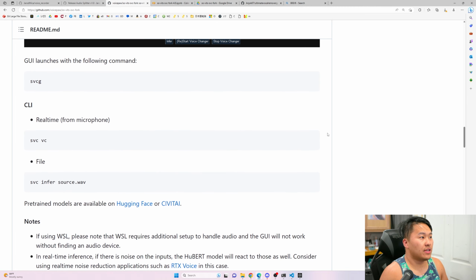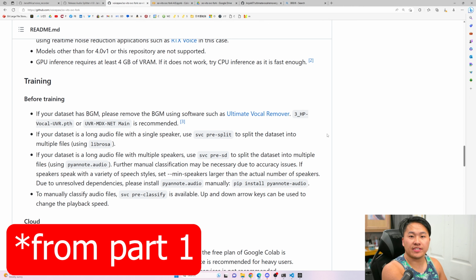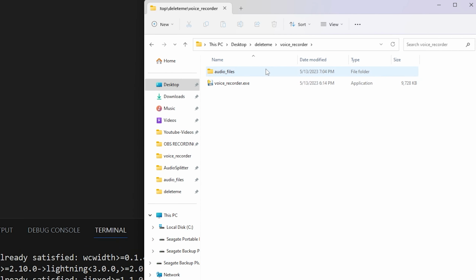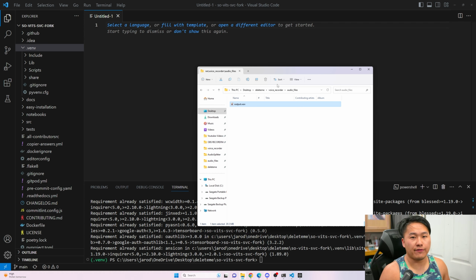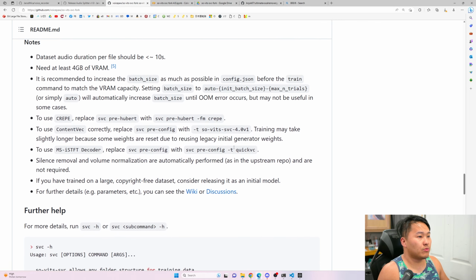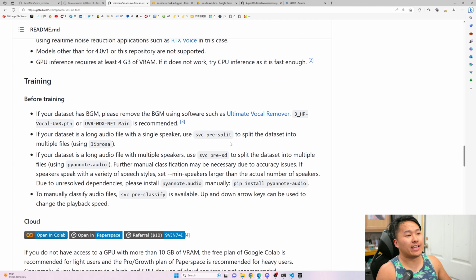If you followed all of the previous steps, we should have all of our data already inside of your voice recorder. You should have already recorded some audio files. There is one thing that you can use inside of So-Vits-SVC fork. There is actually an audio splitter built in. It basically just does what mine does. But if you wanted to use the So-Vits version of it, you could run this option here, which is svc pre-split,